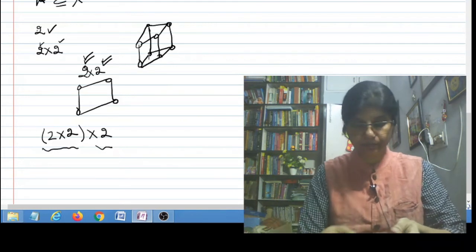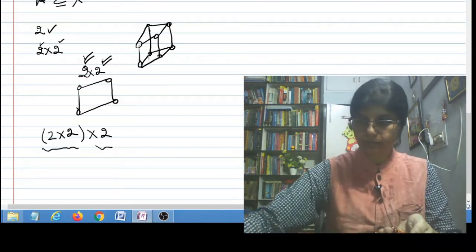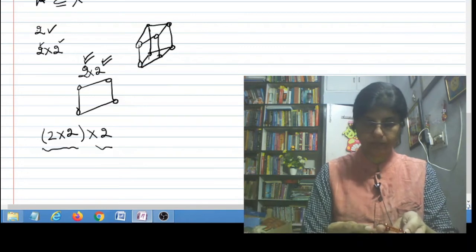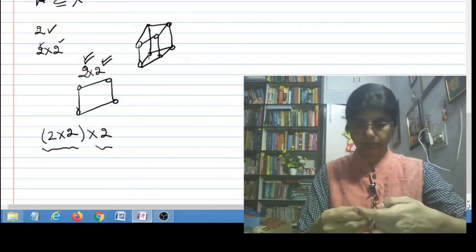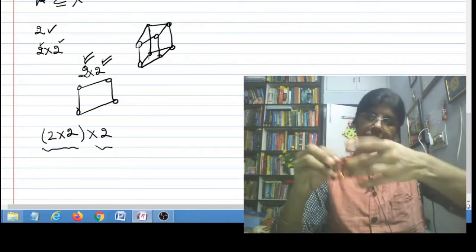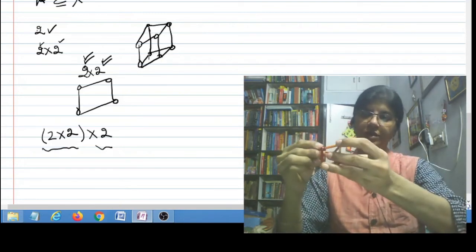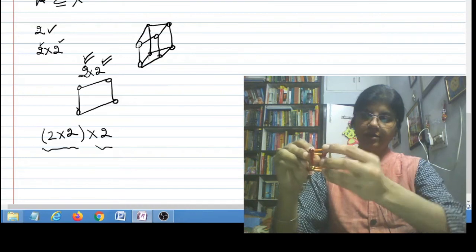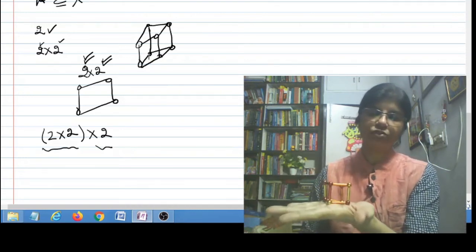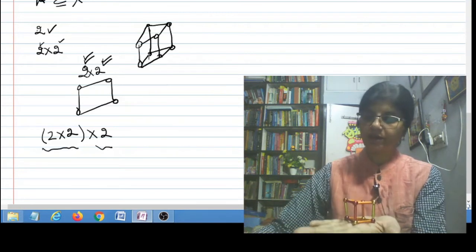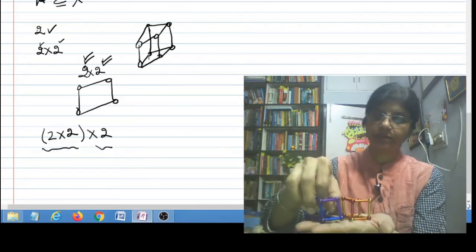And yeah, see, almost a cube, almost something like this. See, this is a cube and this is 2 cross 2 cross 2, and this was your